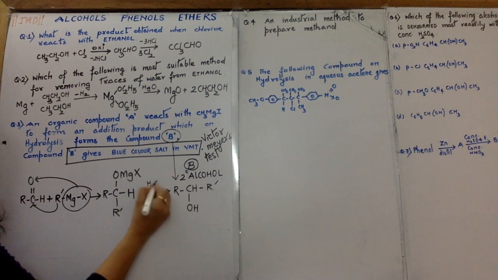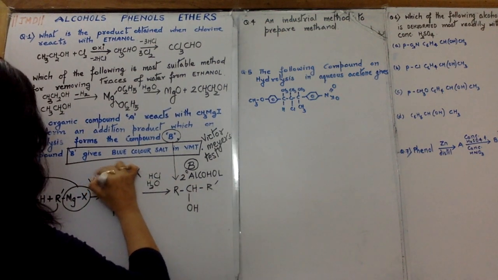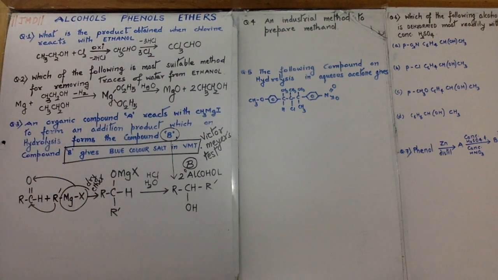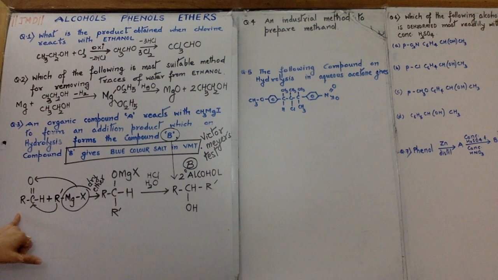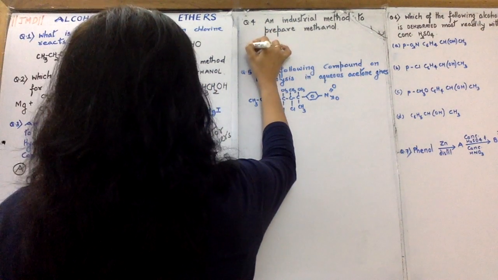Here we have hydrolysis with acidic water, and here we have dry ether. So A is an aldehyde and B is a secondary alcohol. You can see the options and select accordingly. Now, an industrial method to prepare methanol. An industrial method to prepare ethanol. It is in our notes